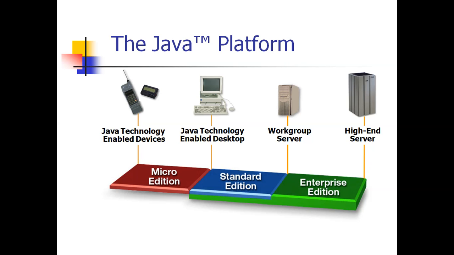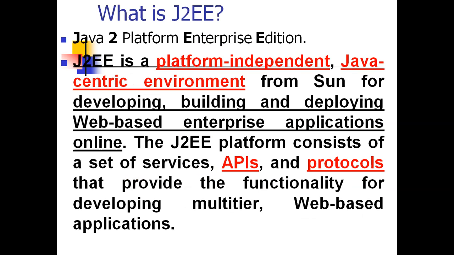So this is the combination of different technologies, and this is very important, and this is the time of the web, and we are using everything web-based, and all the software is on the web. So J2EE is very important for web technology and web programming. And J2EE is platform independent, like Java it is platform independent. And Java provides a Java-centric environment, because Java has been a very popular language since 2000, and even before 2000 Java was in use, and still Java is not out of the market. Still we are using Java.